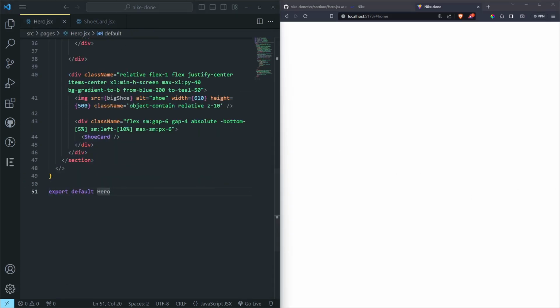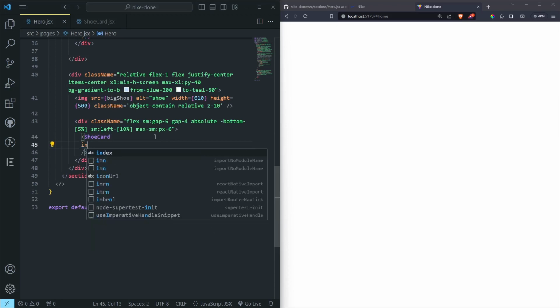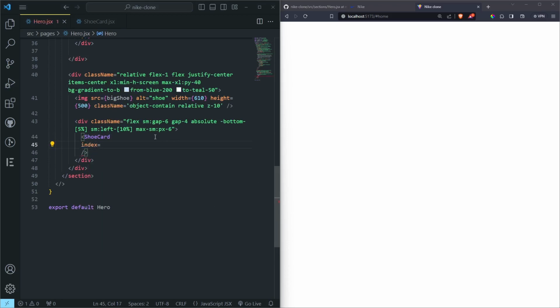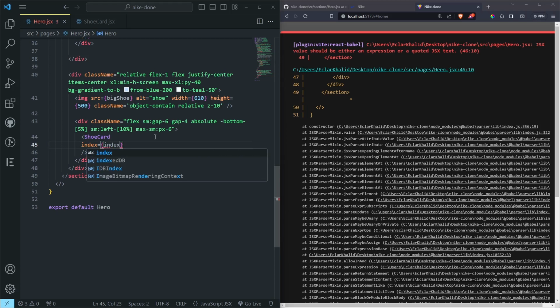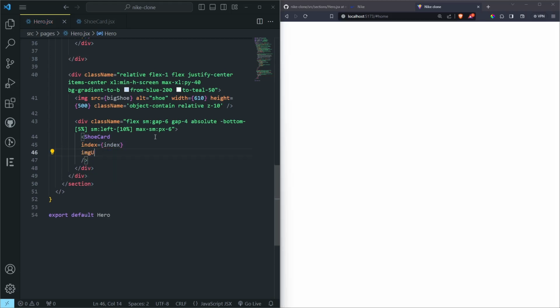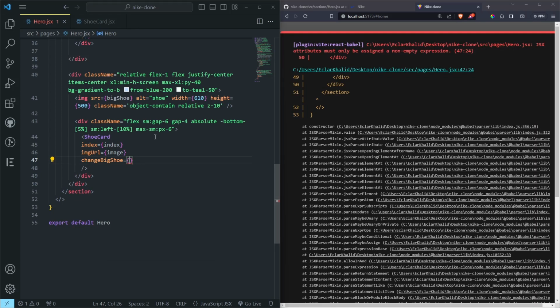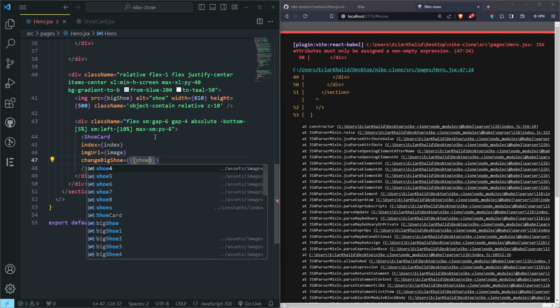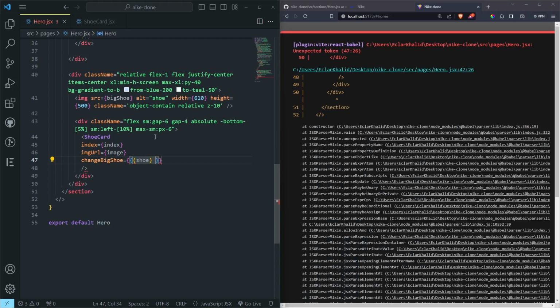So we are going to come back to the hero section, and inside this hero section, this shoe card, we can add an index. So the index is going to be the index, and then the img url is going to be image, and then we want to change the big shoe is going to be shoe. This is the handle click. We want it to set big shoe image, set big shoe to the shoe,